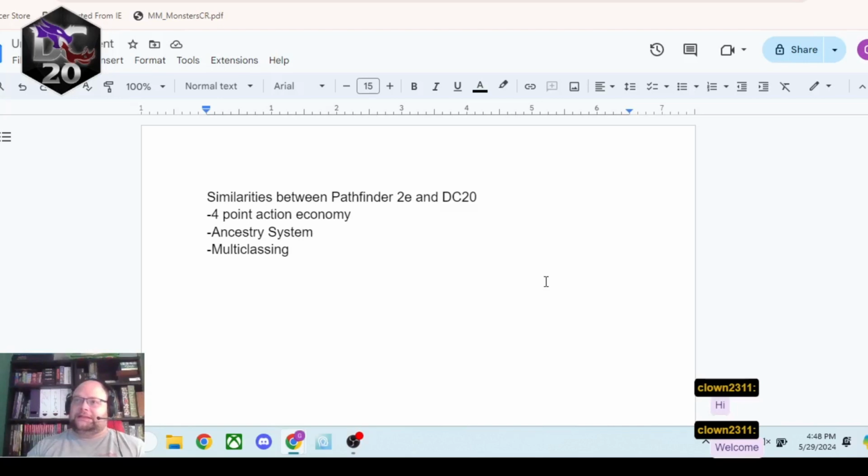DC20 does it similarly. The resource that you're spending is a talent point. So instead of grabbing a special talent ability from your class or a general talent, you're going to spend it on multiclass, and then you're going to go and grab a feature from another class. This actually, I think, is the premier way to handle multiclassing. I used to think that Pathfinder 2nd Edition had it done elegantly, but I have to say that this DC20 version seems just a notch above,